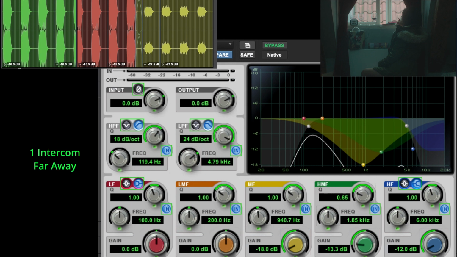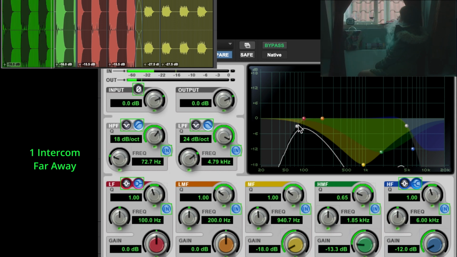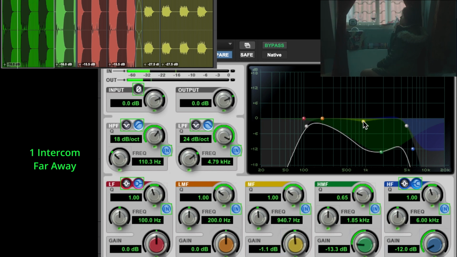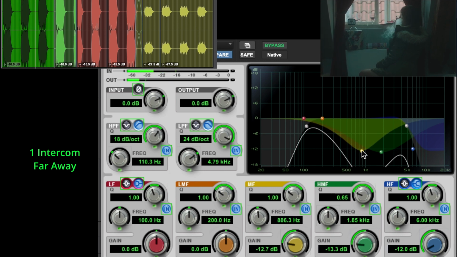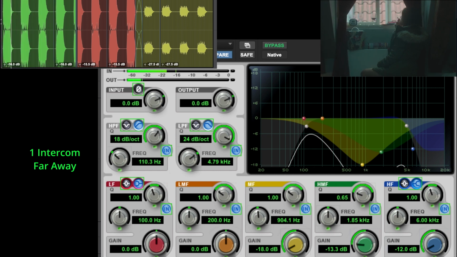In this first phase, I had the sound and I just equalized it, and let's just play it solo. So I roll off the low frequencies, the high frequencies as well, as you can see here, not too much. And then I was playing as well with the medium frequencies, and it feels that it's decreasing the volume, but it's actually not decreasing the volume, it's decreasing the frequencies of the volume. Therefore, you will hear less volume in the sound. So that's the far away